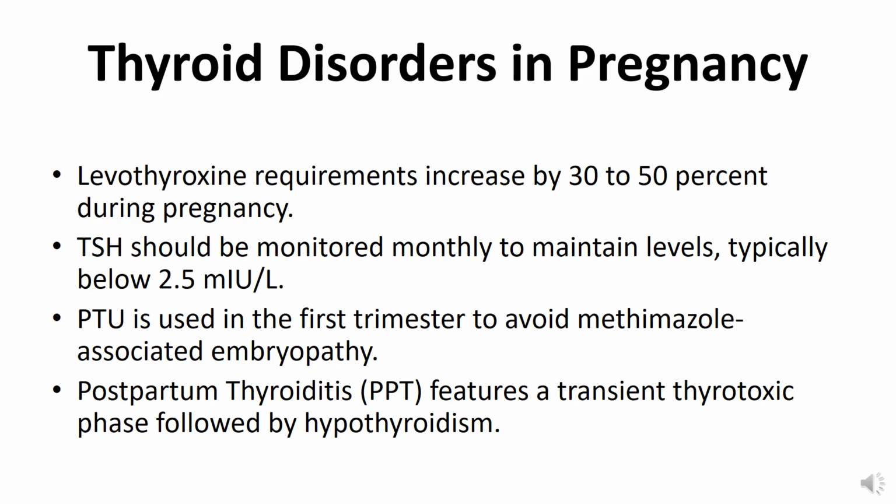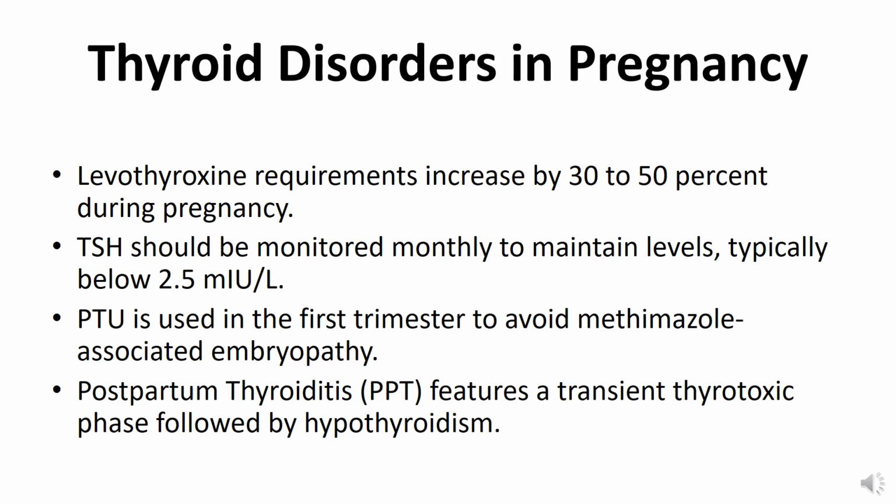Propylthiouracil, or PTU, is usually preferred during the first trimester. This is because methimazole has been associated with rare congenital malformations known as methimazole embryopathy when exposure occurs during early fetal organ development. Although propylthiouracil carries its own risks, including potential liver toxicity, it is generally considered safer during the first trimester. After the first trimester, many patients are transitioned back to methimazole because prolonged propylthiouracil therapy increases the risk